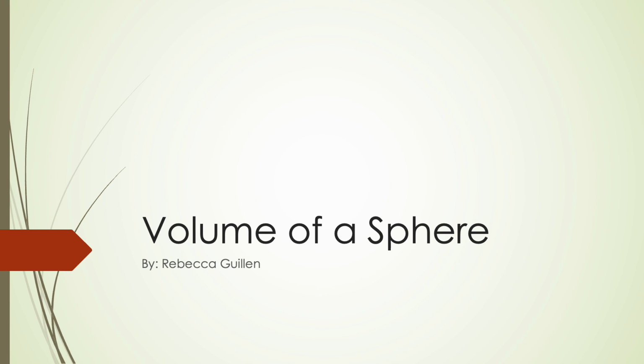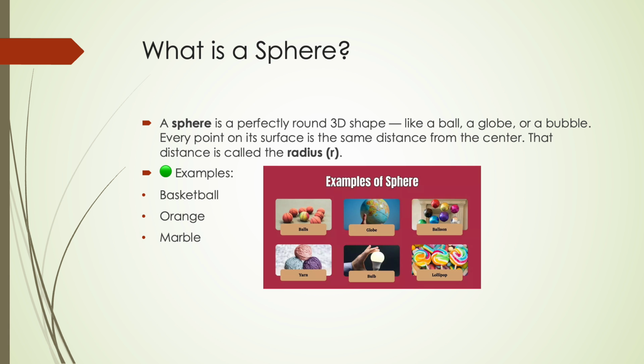Hi, I am going to teach you how to get the volume of a sphere. So a sphere is a perfectly round three-dimensional shape, like a ball, globe, or a bubble. Now every point on the surface of that sphere, it's not going to be pretty, sorry, every point is going to be the same distance from the center. So this is the center, and every direction that I go is going to be the same distance, which is